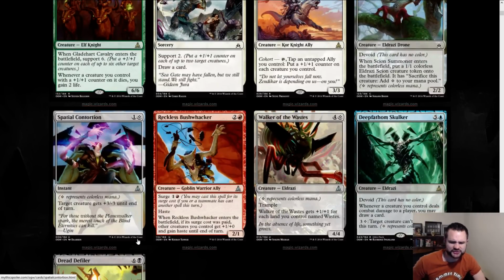All right, Spatial Contortion. Target creature gets +3/-3 until end of turn. Yay, this is a cool card. I actually like this card a lot. It's removal for any color, basically. And you do have to, never mind, you have to cast a colorless mana for it. So you will have to find a way to generate colorless, so it's not going to go in